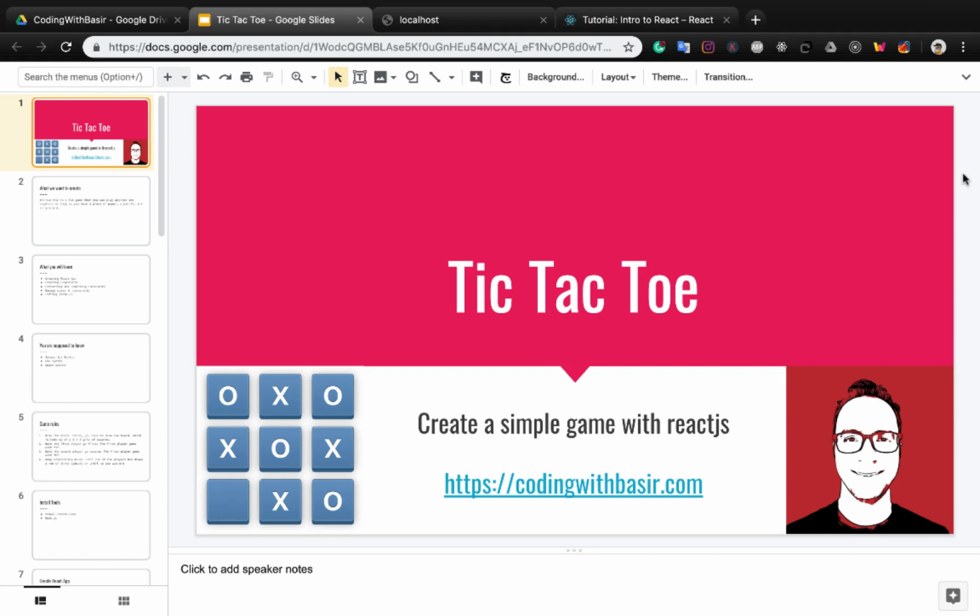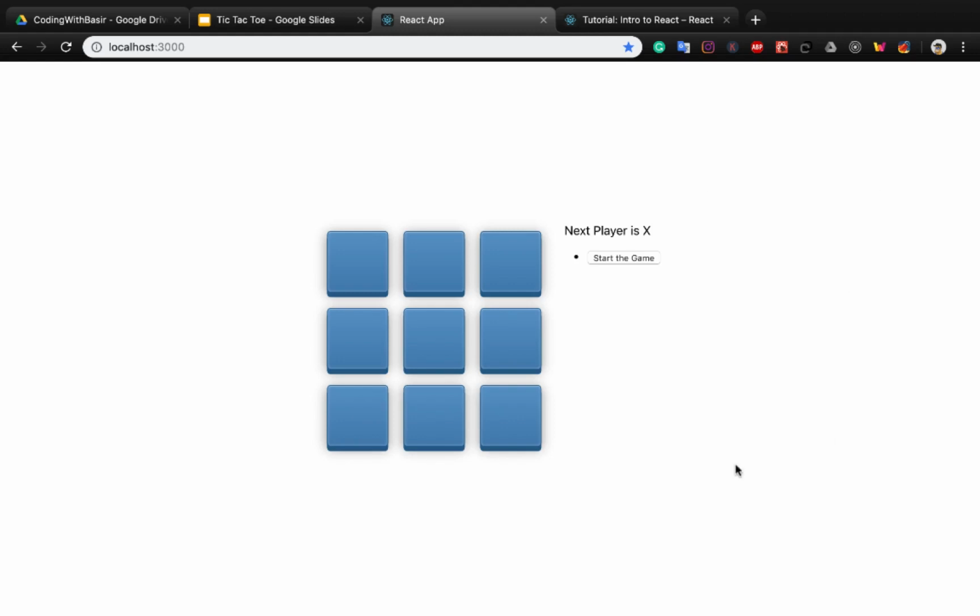In this tutorial, we want to create a simple game with React.js. It's tic-tac-toe. At the end of this tutorial, you will be able to create this game. There are 9 blocks, and when you click on each one,